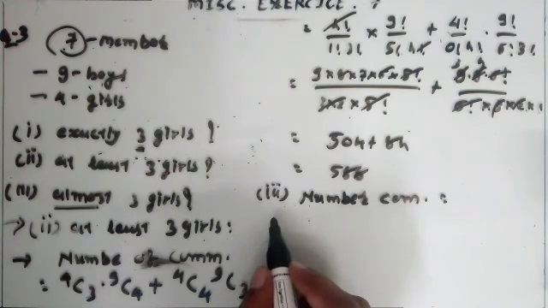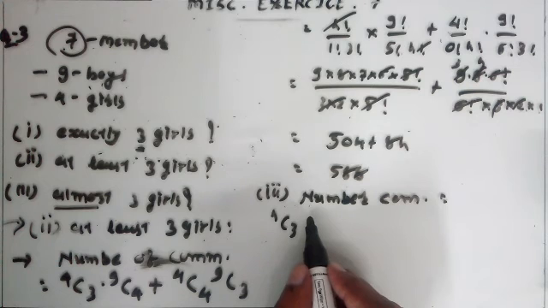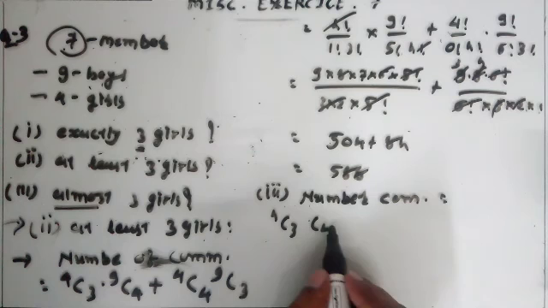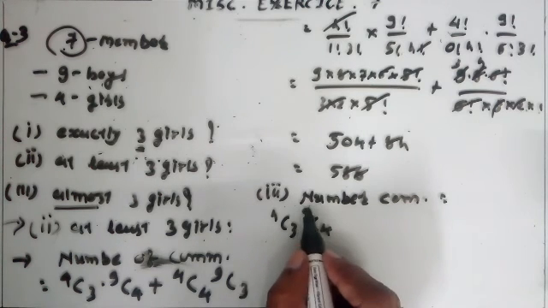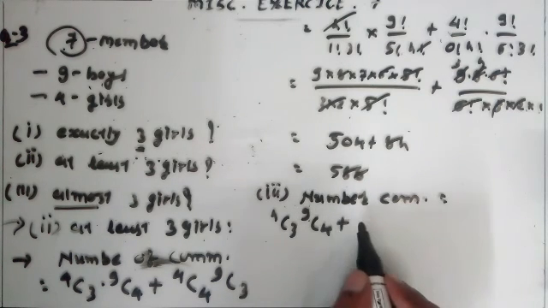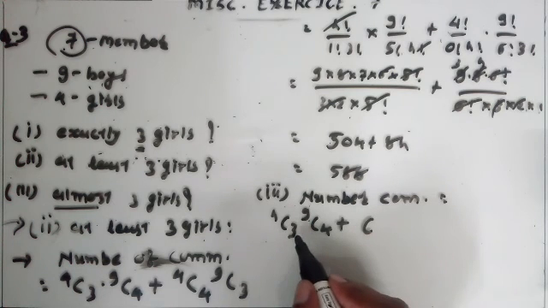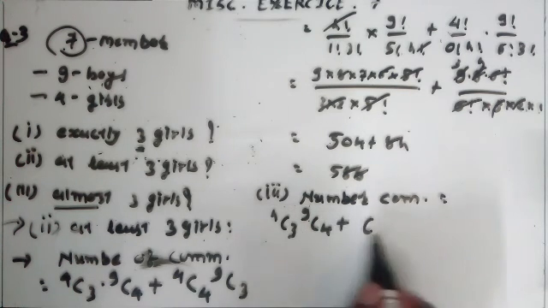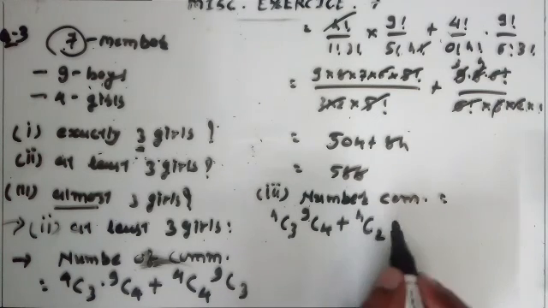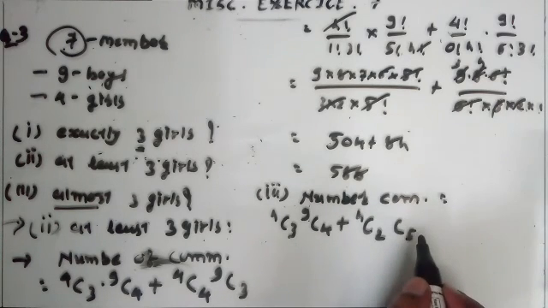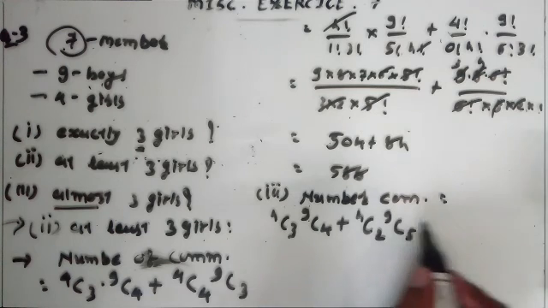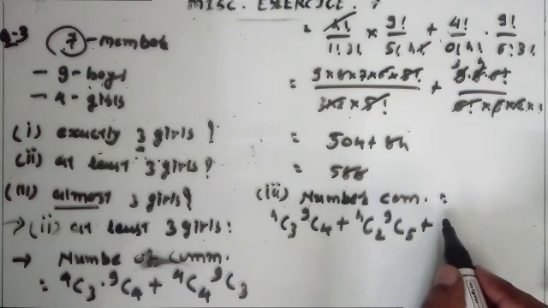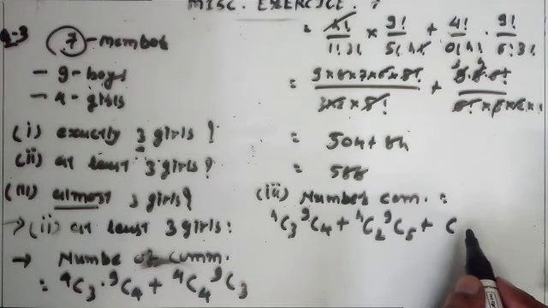That means first select 3 girls out of 4 girls, and to form a committee of 7 members, the remaining 4 persons are selected from 9 boys, or that is plus, the maximum number of girls is equal to 3. Now reduce 1, so 2 out of 4, and increase 1 in the remaining persons, 5 from 9. Clear? Plus, or the number of committees containing